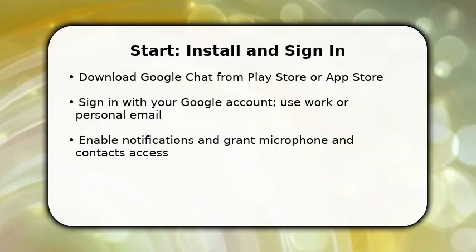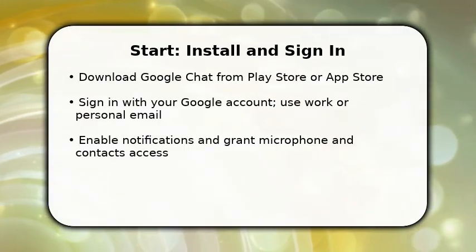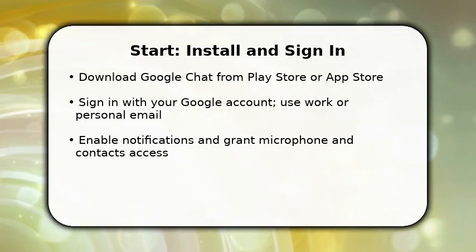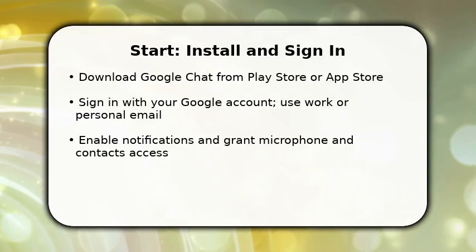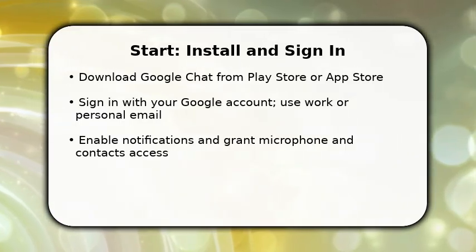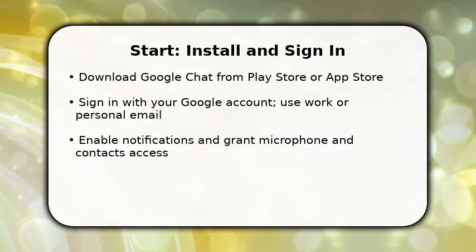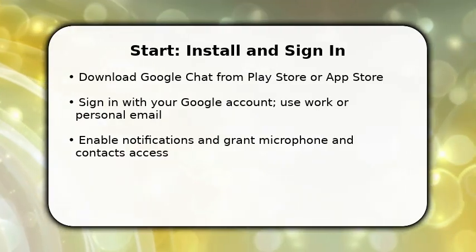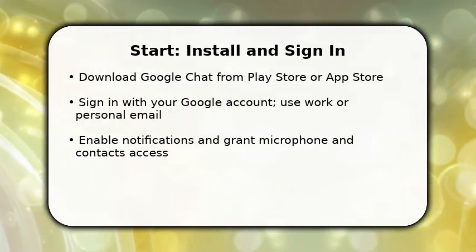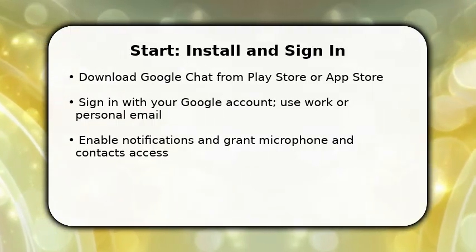You already have the basics, so start by installing Google Chat and signing in with the Google account you plan to use. Once signed in, make sure notifications are enabled so messages arrive promptly, and grant microphone and contacts access for calls and mentions. Next, open the app and tap the Compose button to begin a conversation, add a person or room. This first action gets you into the interface fast and prepares the app for messaging and calls without